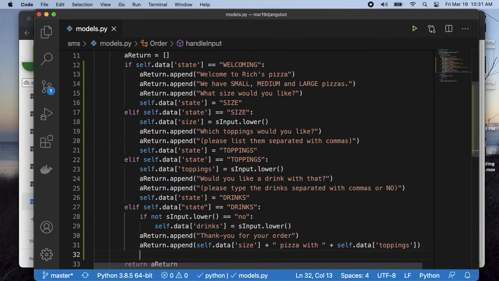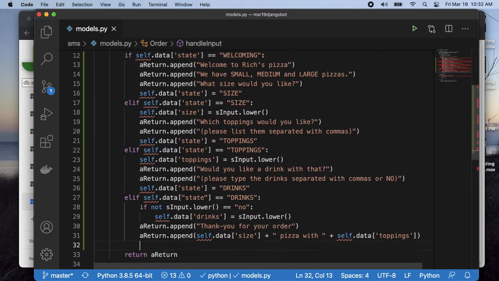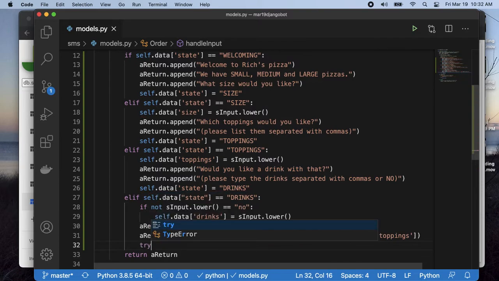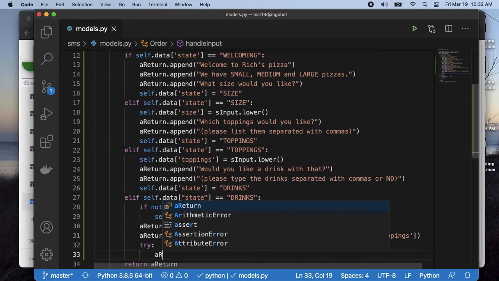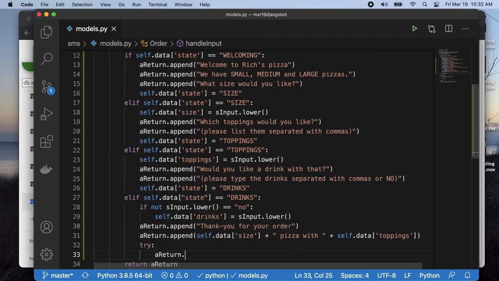And then if there's a drink, probably the easiest way to see if there is a drink is to do a try. So a return dot append self.data